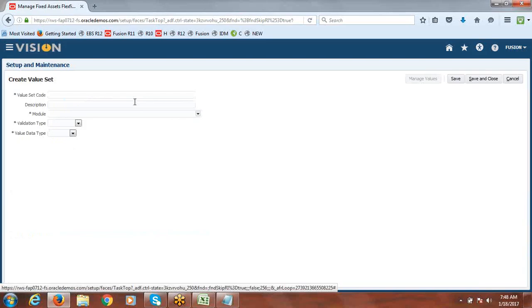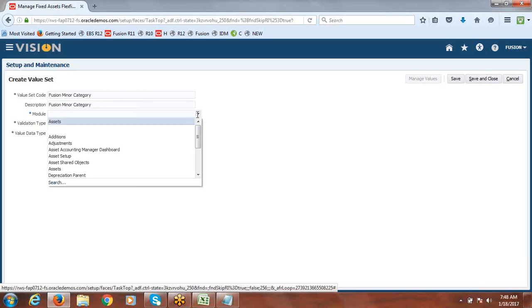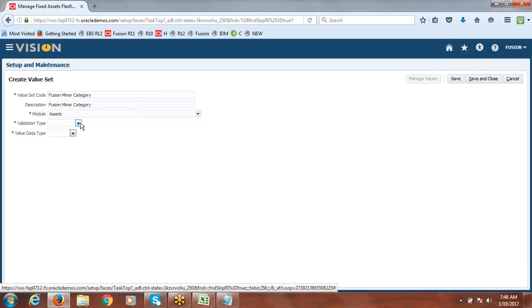I will create one more value set for minor: Fusion minor category. Since it's a minor, the validation type should be dependent.